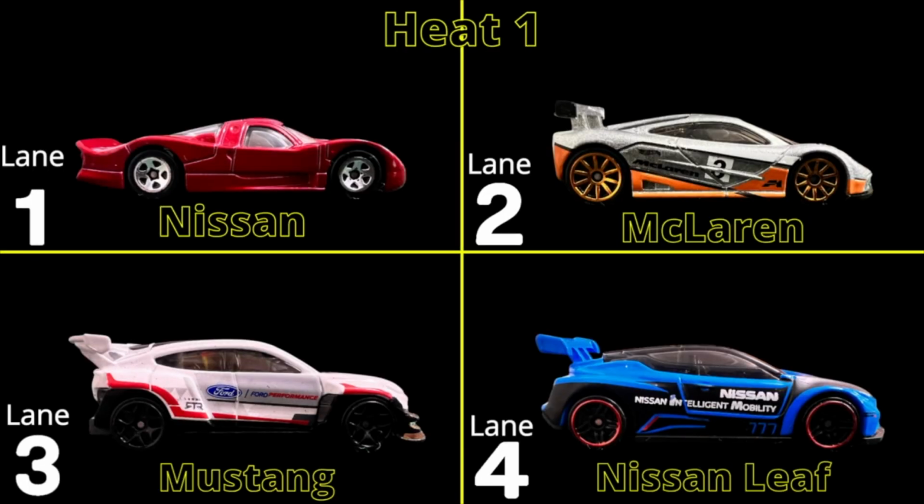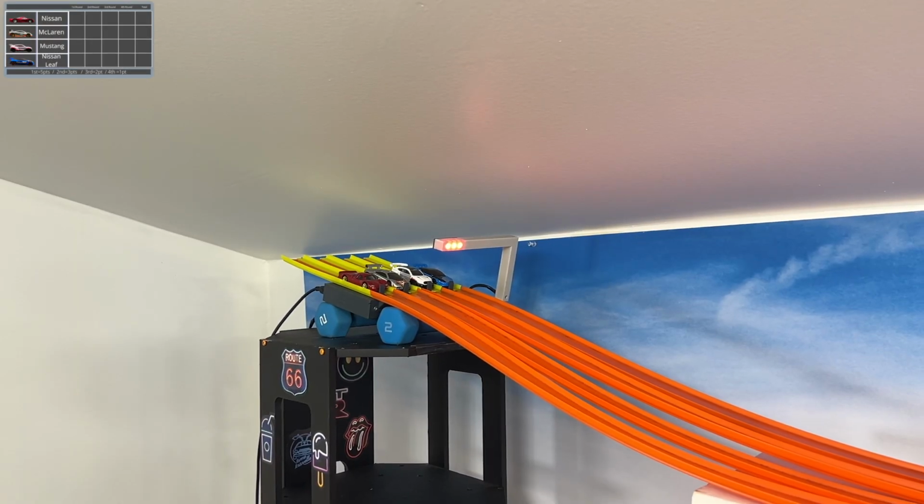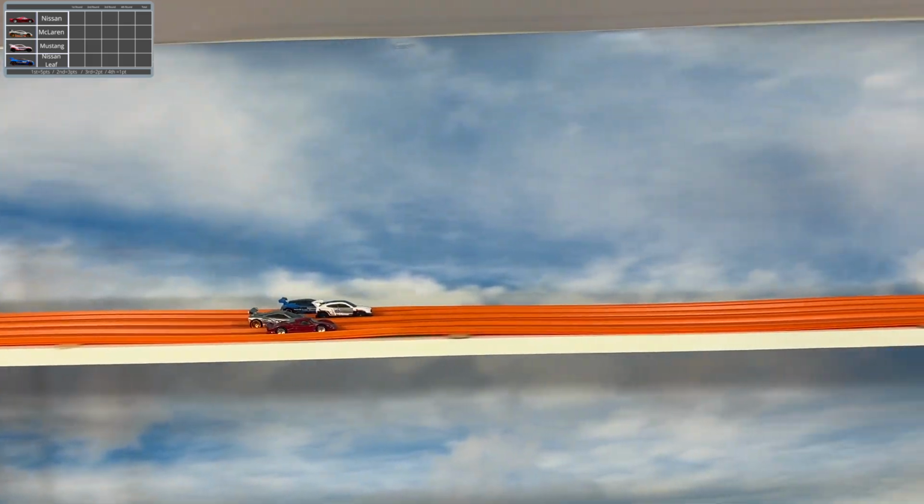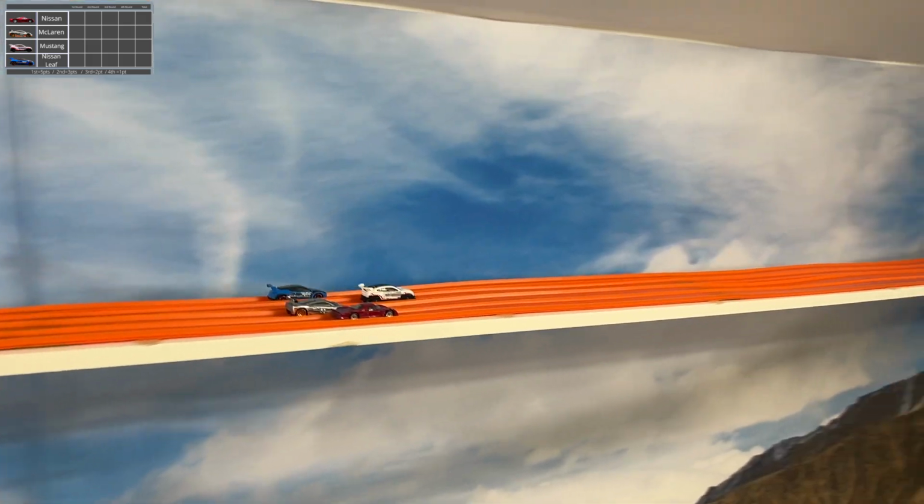Lane 1 is the Nissan, Lane 2 is the McLaren, Lane 3 is the Mustang, and Lane 4 is a Nissan Leaf. If I recall correctly, we had a Nissan Leaf in the last leg. They didn't necessarily win, but they still put forth a valiant effort. Now, the Mustang